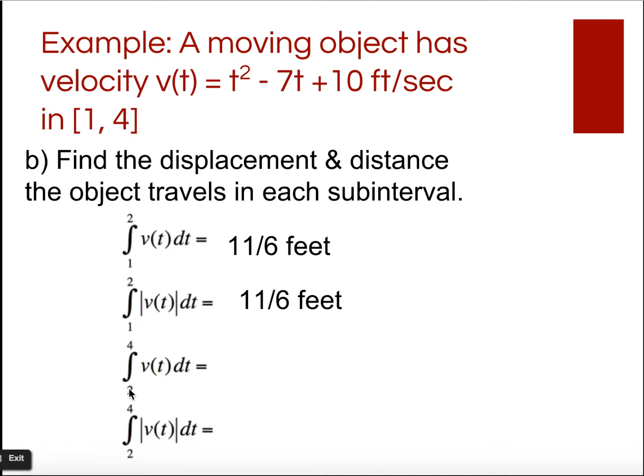Then check the interval 2 to 4. When you plug that into your calculator, you get -10/3 feet, meaning the object moved backwards. But if we're talking about the distance traveled in that interval, it's going to be +10/3 feet. And then the other